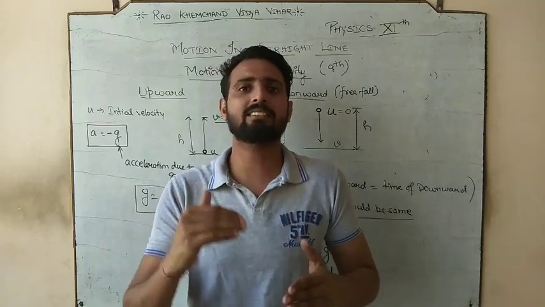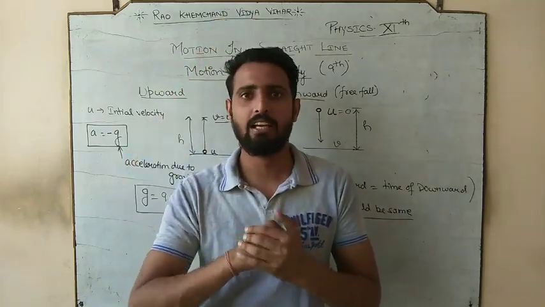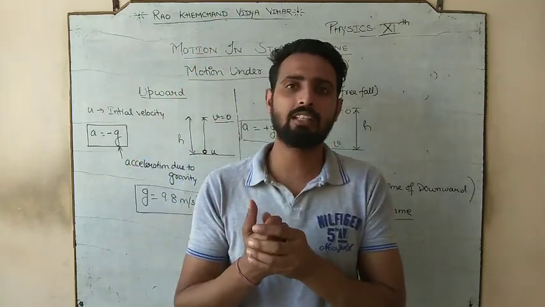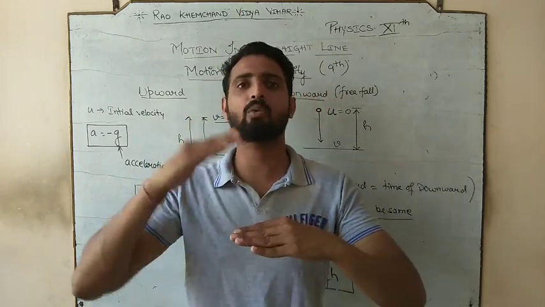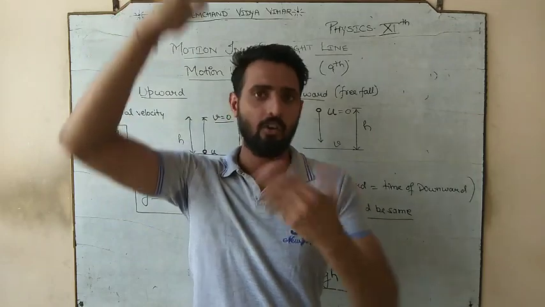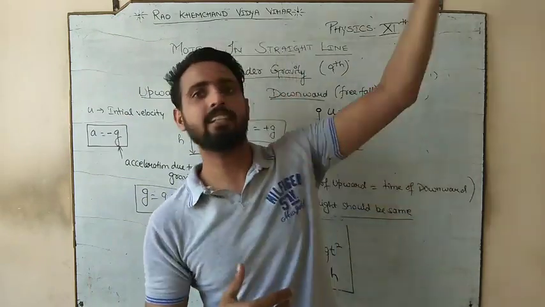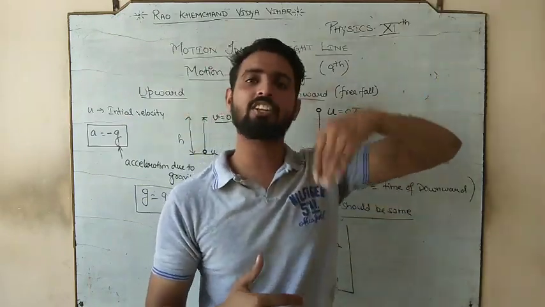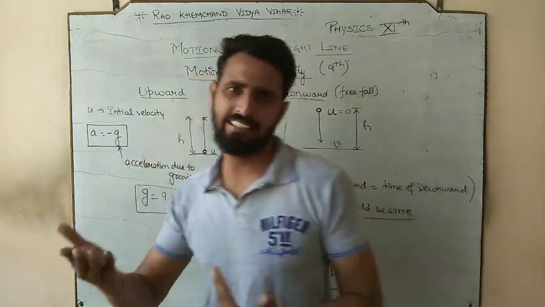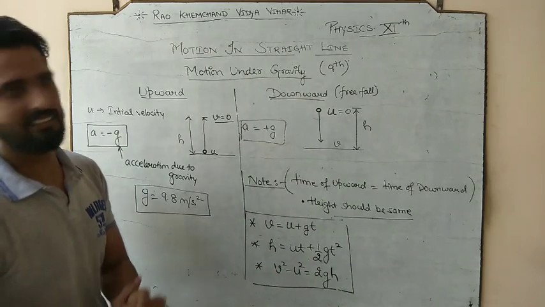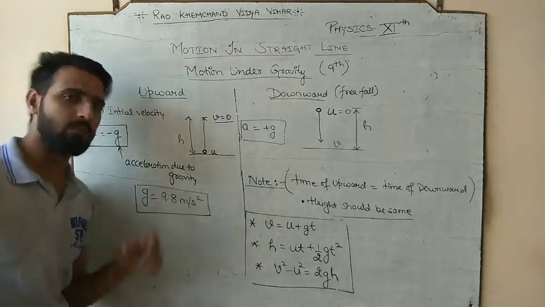But if you cover that same distance vertically, you will not say that I have covered 20 meter distance. You will say that I have covered 20 meter height. Okay? So our rocket went up to this much height. On Diwali also we say it like this, it went up to this much height. So we call that vertical distance a height. So you will replace it with h. So these are our three equations of motion.